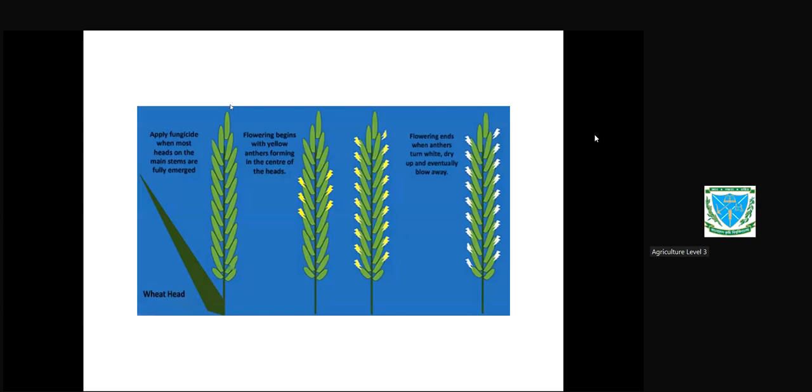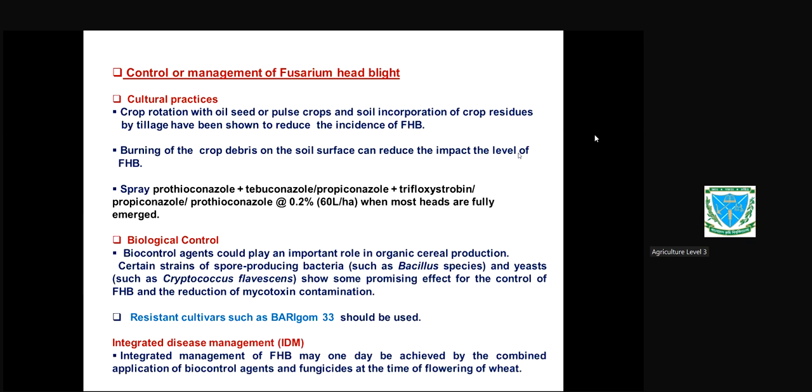So you see, no flowering, just flowering begins. যখন তুমি হলুদ কালারের অ্যান্থার দেখবা হুইটের হেডে তখন সেটা ইন্ডিকেট করে যে ফ্লাওয়ারিং স্টার্ট হয়ে গেছে অল্প দুই একটা গ্রেনে। এটা আস্তে আস্তে যখন সবগুলি গ্রেনে দেখবা স্পাইকলেটে দেখবা তখন মনে করবা যে কমপ্লিট ফ্লাওয়ারিং। আর এগুলি যখন সাদা হয়ে যাবে অ্যান্থারগুলি তখন তোমাকে ধরে নিতে হবে যে ফ্লাওয়ারিং কমপ্লিট। ফ্লাওয়ারিং ইম্পর্টেন্ট কারণ এটা দেখেই তুমি ফাঙ্গিসাইড অ্যাপ্লাই করবা। এজন্য তোমার একটা বেসিক আইডিয়া থাকতে হবে যে কখন ফ্লাওয়ারিং হচ্ছে, কখন শেষ হচ্ছে, কখন শুরু হচ্ছে। এখানে ডায়াগ্রামটা সেটাই শো করে।